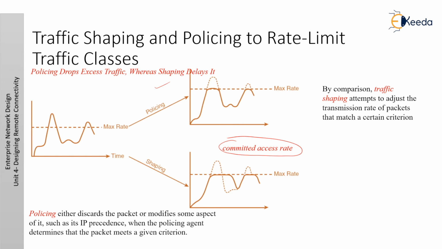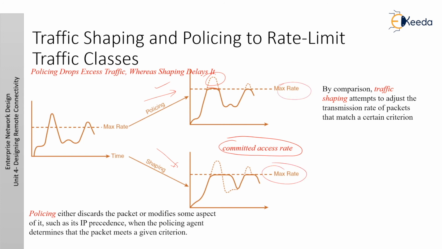Similarly, all incoming streaming Moving Picture Experts Group, that is MPEG-1 Audio Layer 3, MP3 traffic, could be limited, for example to 10% of all available bandwidth, so that it does not starve other applications. So this shows how traffic is shaped. If it is going beyond this, it will automatically be shaped to this. So this is policing actually, and this is shaping the traffic to a constant rate. That is the maximum rate. Okay.